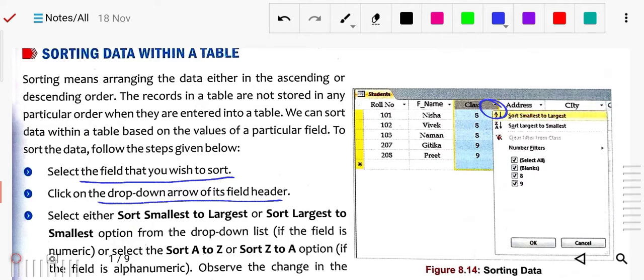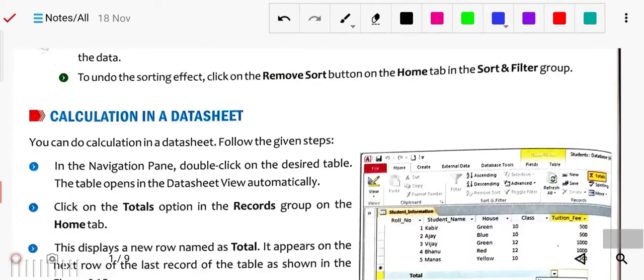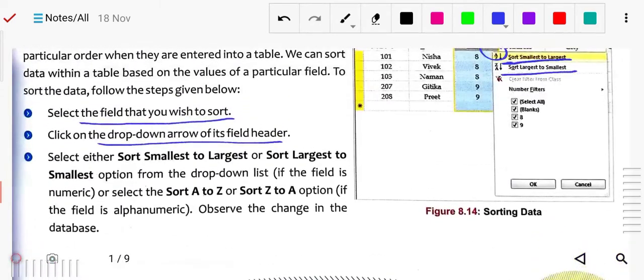There are options like sort smallest to largest, sort largest to smallest. Then you can also see sort A to Z or Z to A, which is alphabetical. If there are letters, we can use sort A to Z or Z to A. If there is a number, we can use smallest to largest or largest to smallest. So alphabetical order or numeric order, and alphanumeric is also there.